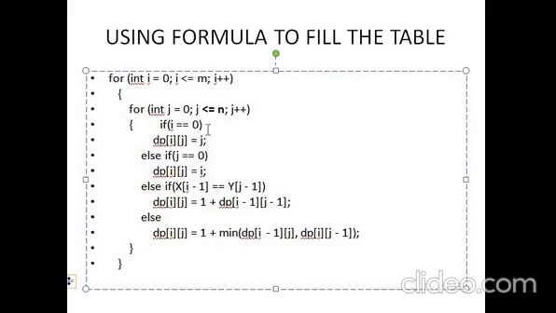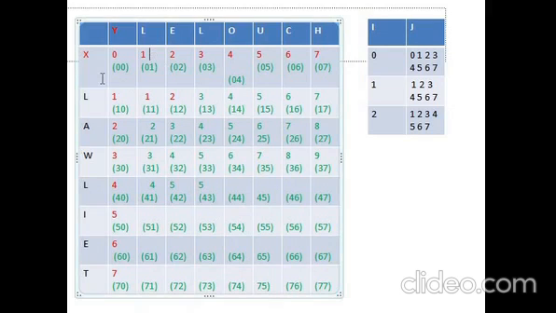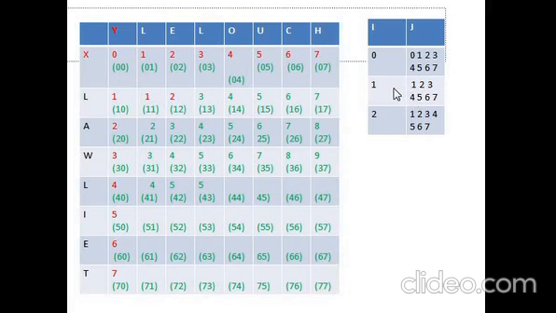whenever i is equal to 0, we fill it up with j's value. Okay, and whenever j is 0, we fill the matrix's cell with i's value. So that is what we are going to do here. So for all of these cases, i is equal to 0, we just fill it up with j's value. Okay, and here all of the j's value is 0, we'll fill it with i's value. As you can see, the red ones are the values in the cell, and the green ones are the indices.